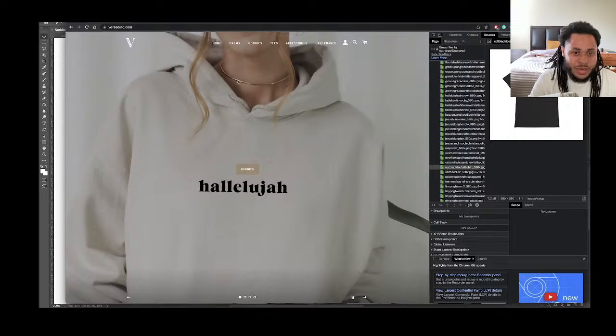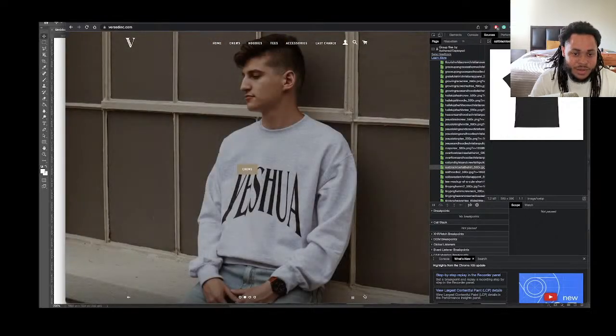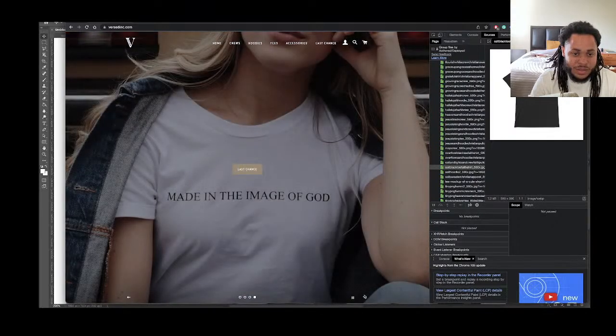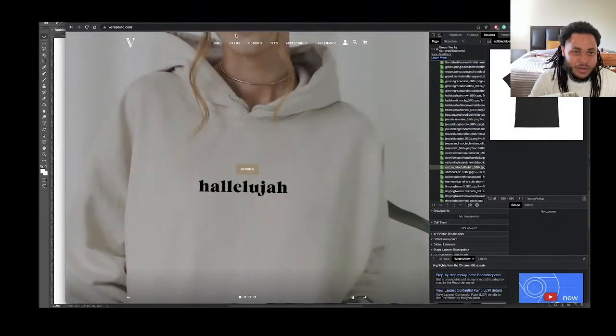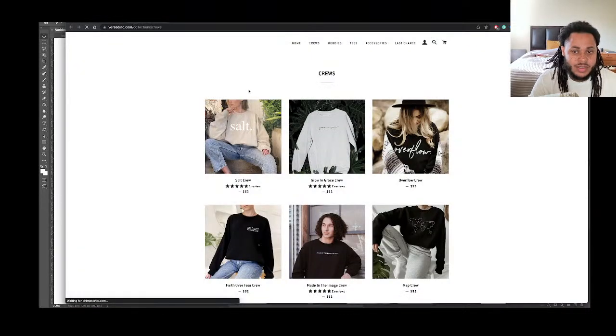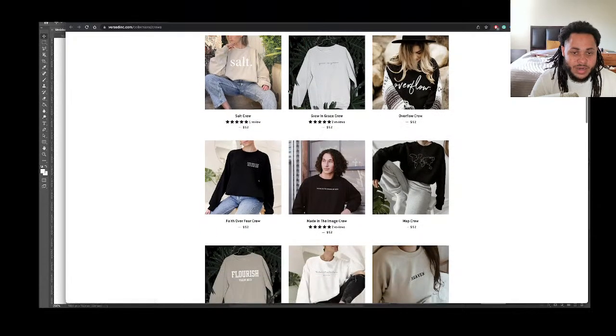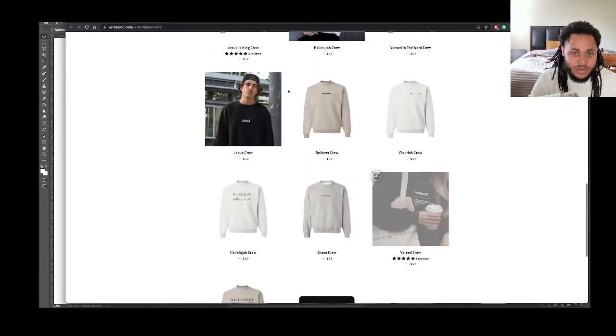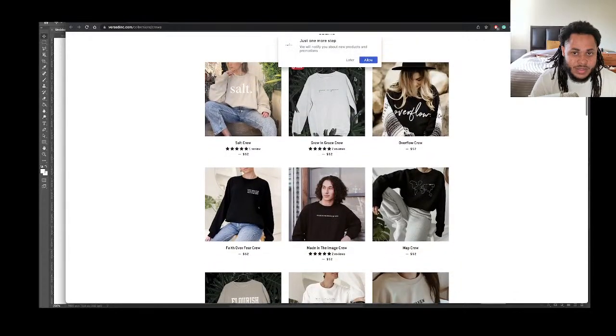So instead of it being a bunch of random stuff, like you have the crew necks, the t-shirts, and the last chance and the hoodies, why don't we just make it all crew necks, right? Why don't we just take all the images of the crew neck, slide them through that slideshow, and then instead of